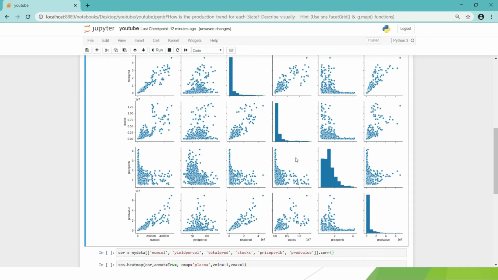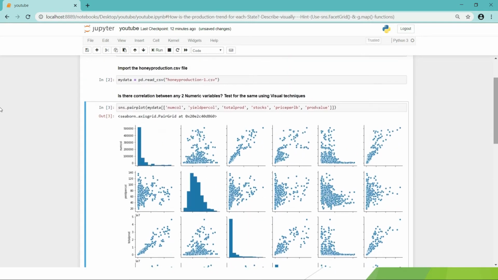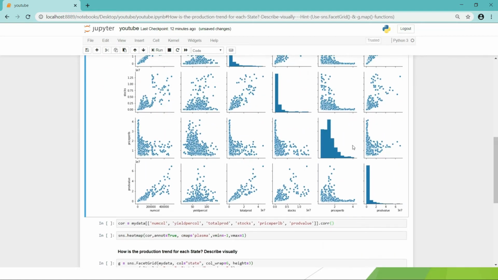Similarly we can relate for other variables also. And this diagonal, as we see in correlation, is always 1, because it is number of colonies with number of colonies, yield per colony with yield per colony. That's why it is a histogram, or you can say a density plot, and it is not coming as a scatter plot.